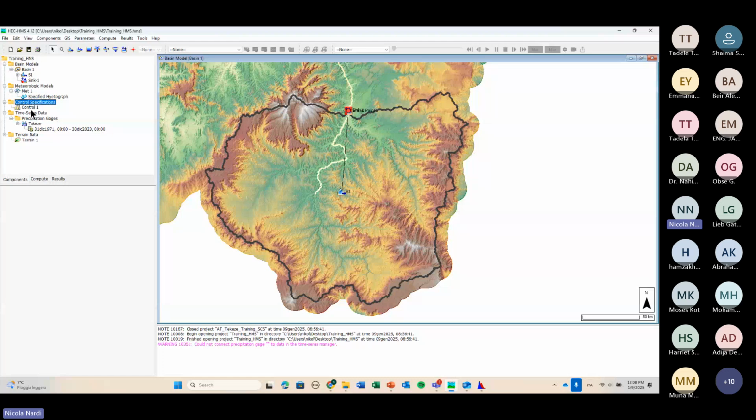Inside this folder, there is our control specification, and we need to set the start date and time and end date and time of our simulation. Now, we want to do an event simulation. So let's take the case in which, for example, we want to simulate only a single event of our data